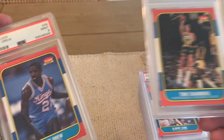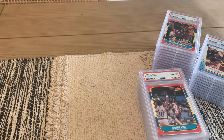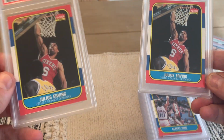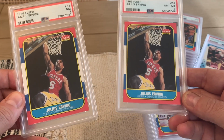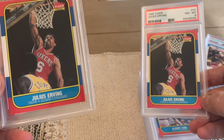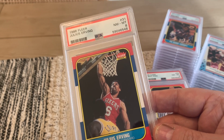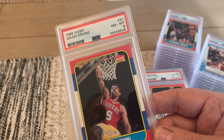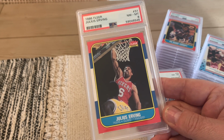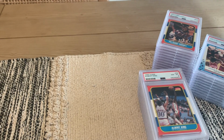Tom Chambers in a 9. Larry Drew in a 9. There's a couple of Julius Irvings. It's a great card, a great picture, in an 8 and a 7. You can see over here on the edge, that's the 7, and it's definitely off left to right. Some stuff on the edge. I don't know about this one. My sense is this guy should be higher than an 8, but I'll take a closer look at that. George Gervin